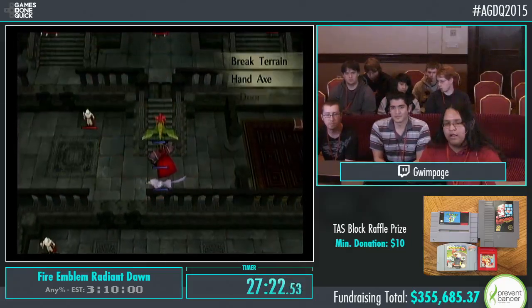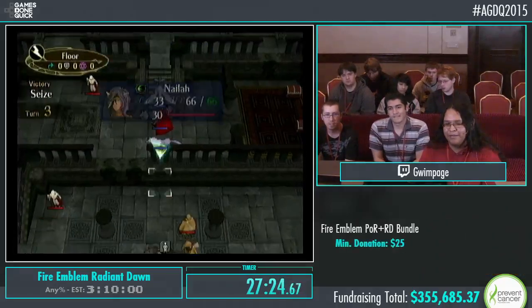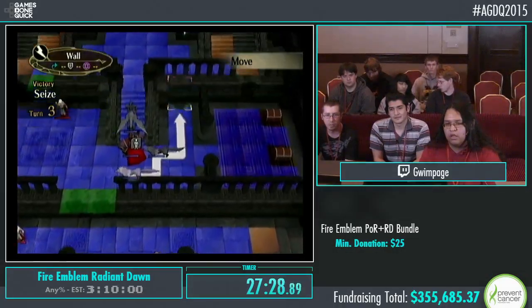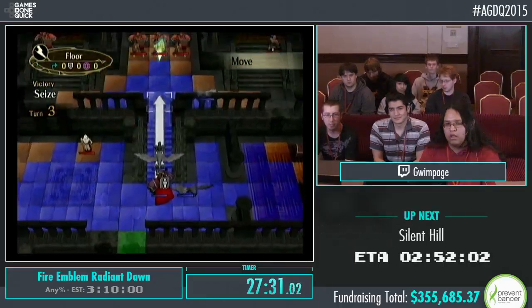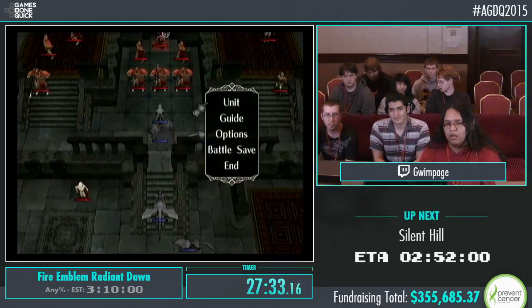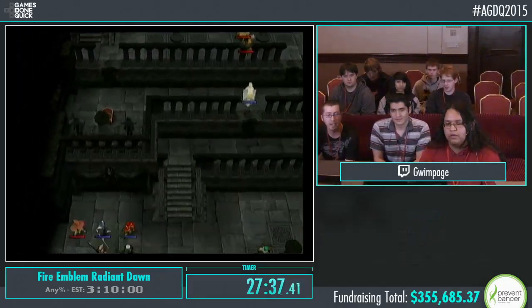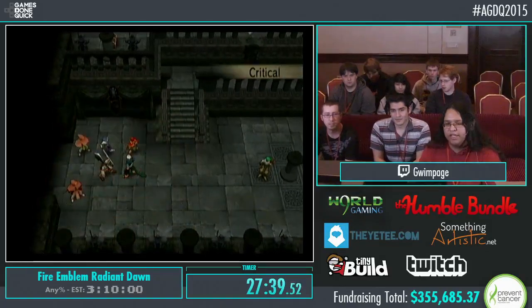Oh no, reinforcements. And you'll notice here that he'll move Nailah off to the right. That's actually to block one of the enemies that would get an extra attack on Micaiah, and then she would more than likely die. Right. Yep, Micaiah's one shot by...